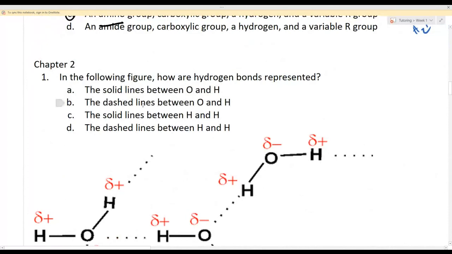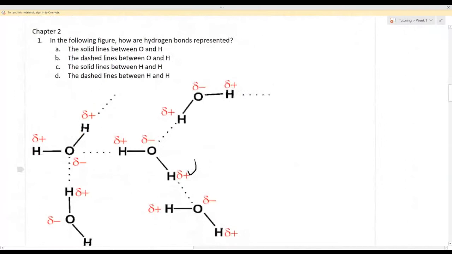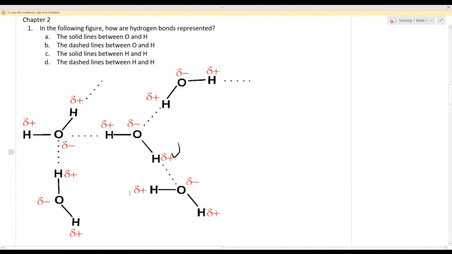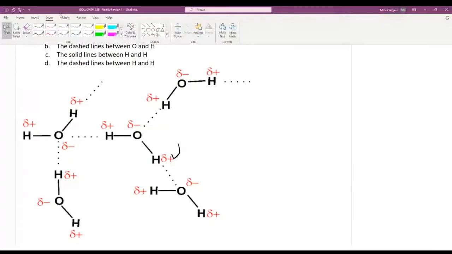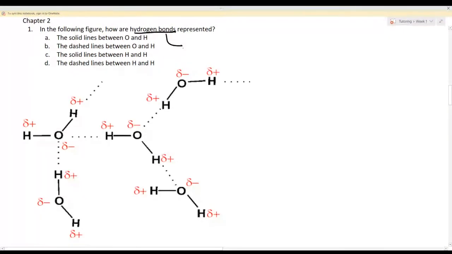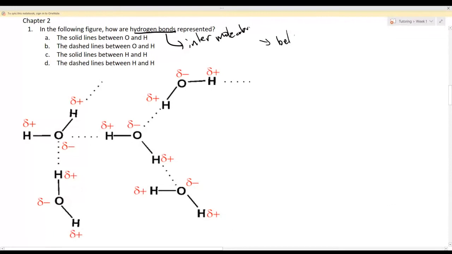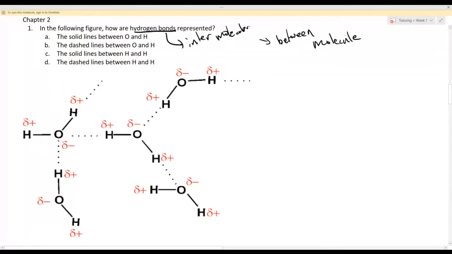Okay, so in the following figure, how are hydrogen bonds represented? So let's take a look. So there's a lot here. Let me erase that, I apologize. Okay, so like we talked about, hydrogen bonds are intermolecular. That means they are between molecules. This is something that I think is very easy to make the mistake of,